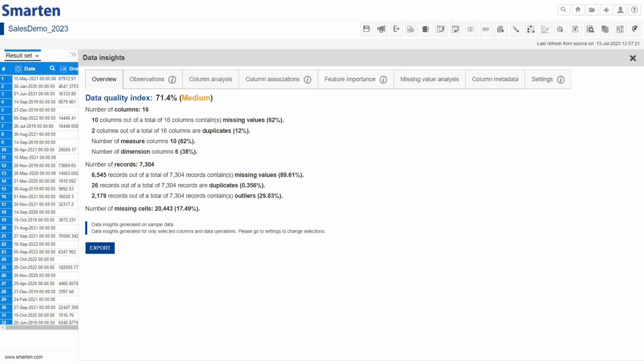Then we have another question. If I am new to BI tools, what things do I need to learn first so that I can use Smarten efficiently? I think if you are a power user of Excel, you don't even need to know the basics of SQL. If you are a power user of Excel, you understand your data, and you have access to your data sources, whether in Excel files or CSV files, or maybe your IT permits you to connect to some data sources,